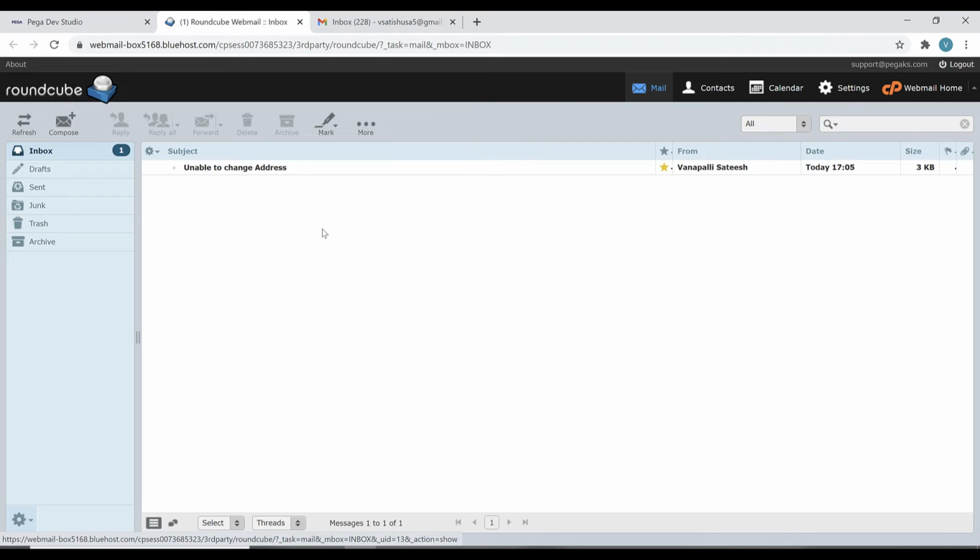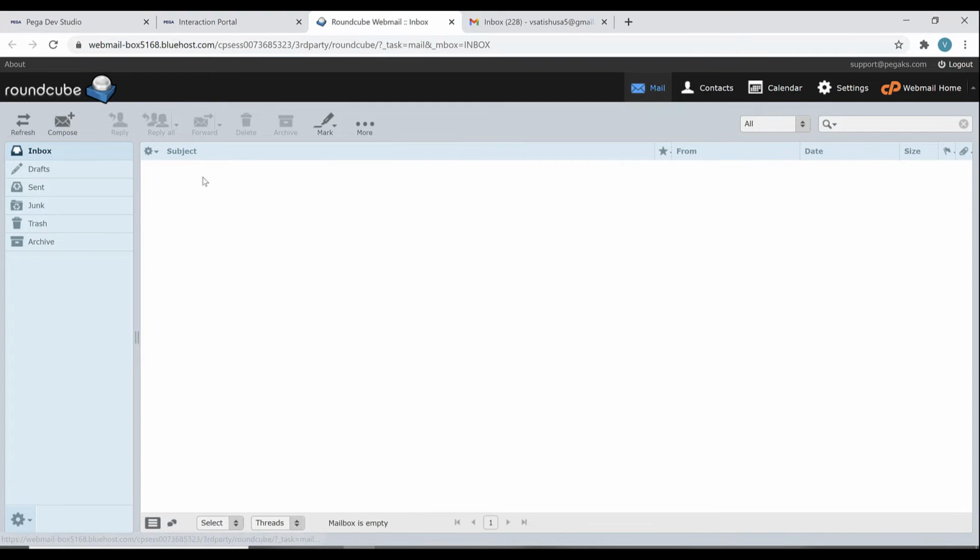See, I got the email. Let's see how Pega will process this email. You can see that my message is already read by the Pega listener and deleted from my server, because I haven't selected keep messages on my server. So that's why my email is automatically deleted whenever the Pega listener processes my message.